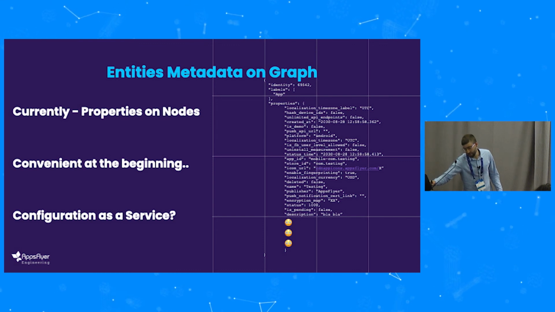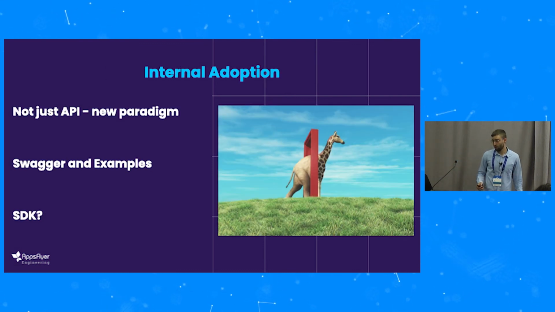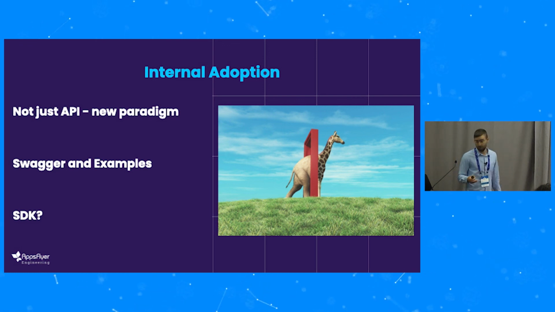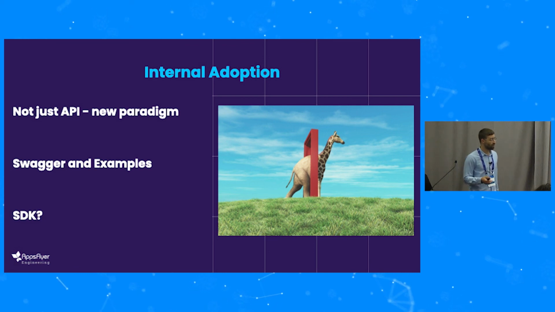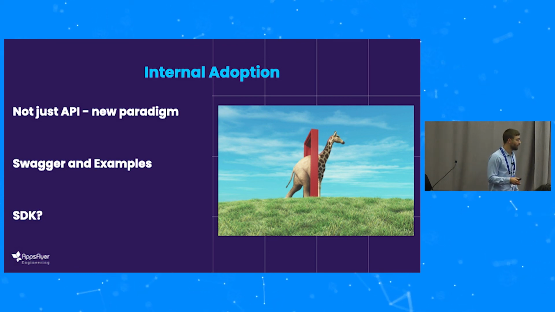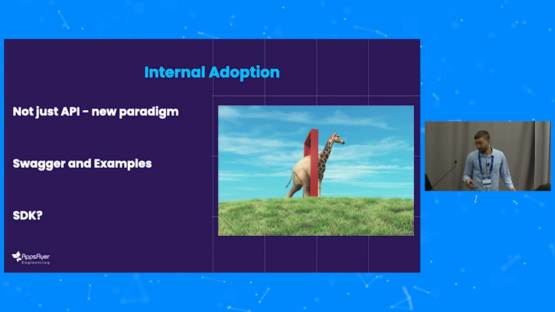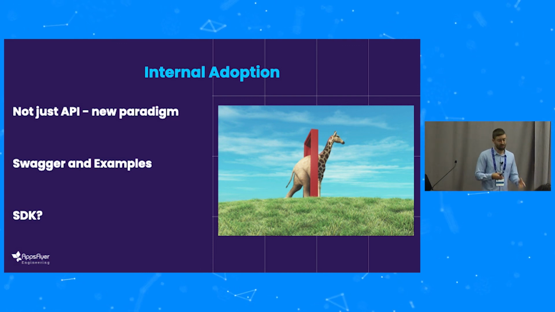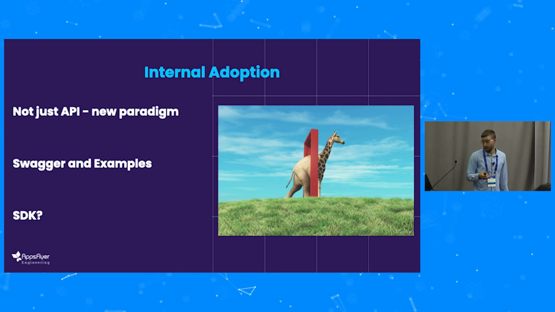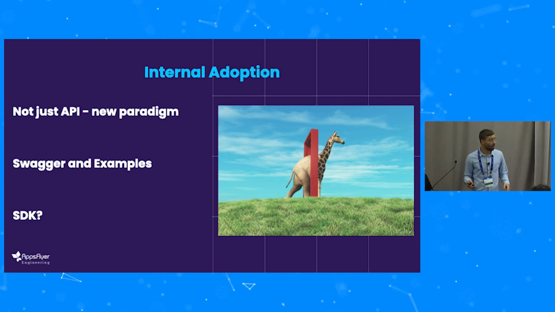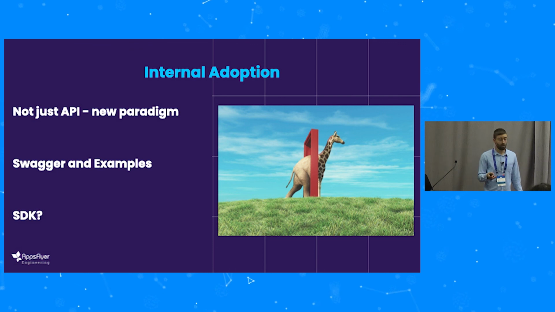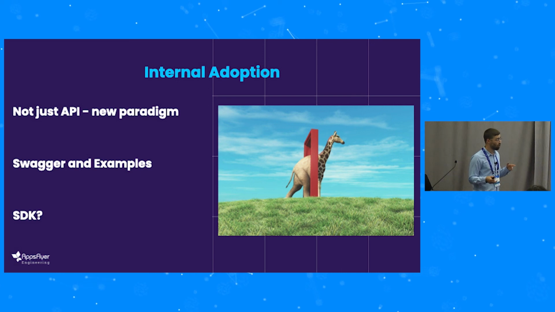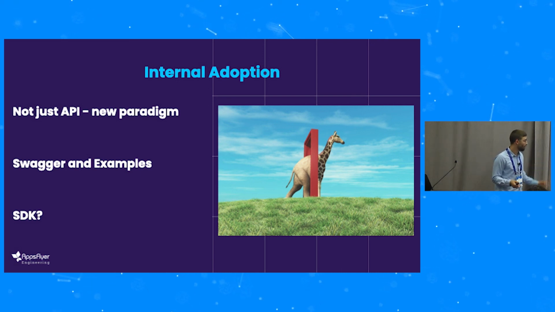And the last challenge is the challenge of adoption. It was nice that we built a new service and a new system, but one of the important aspects is to actually have it used by others, especially when all the microservices in AppsFlyer have their authorization logic inside the service. So the new system is not just replacing one REST API with another API, it's a change of paradigm. Now the services have to remove their authorization logic and delegate it to our centralized service or the policies. So far, what we did is mostly show as many examples as we can, and create Swagger documentation, etc.